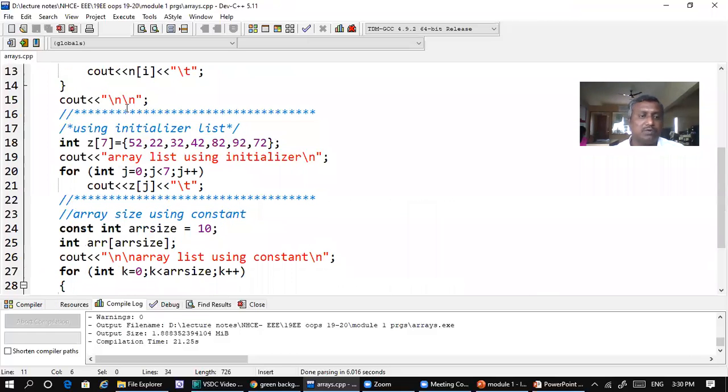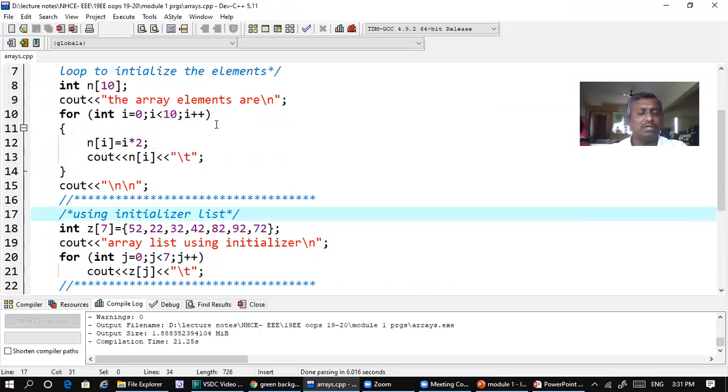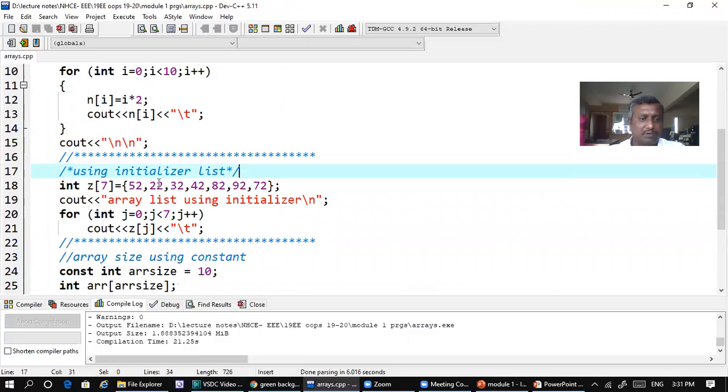The next block we have here is using an initializer list. It's another way of declaring an array and making use of it. So here in the previous one, what we have done, we have value. Now the second part, what do we have? We are going to initialize the array. So as we initialize,